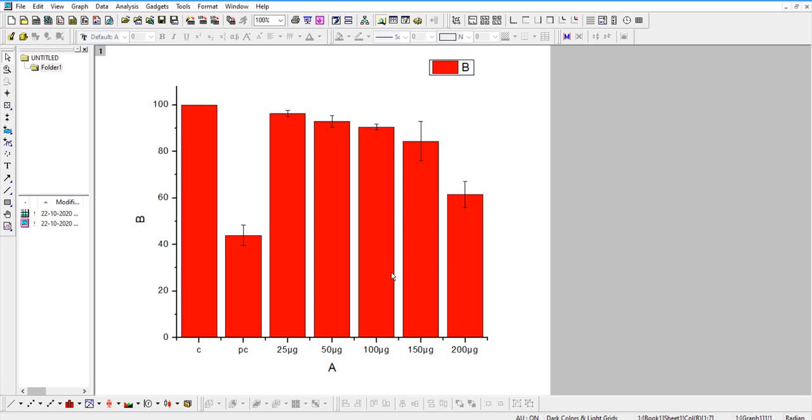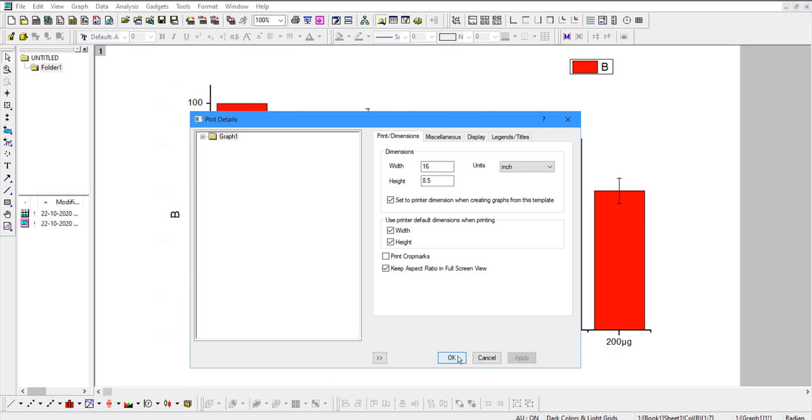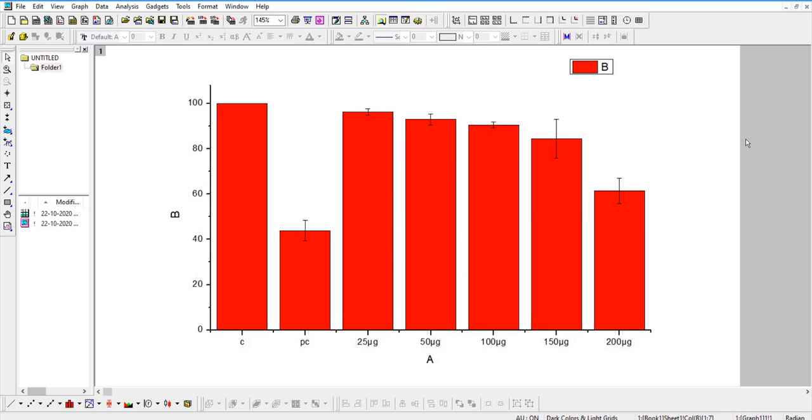See, this is the diagram from your data. This is how we need to draw using this Origin Pro software. You can move this to full space. First, in the corner of this box, double click and a pop-up will open. Here the width is 11. You increase the size. For example, I put 16 and press apply and OK. Then it will move into full screen.